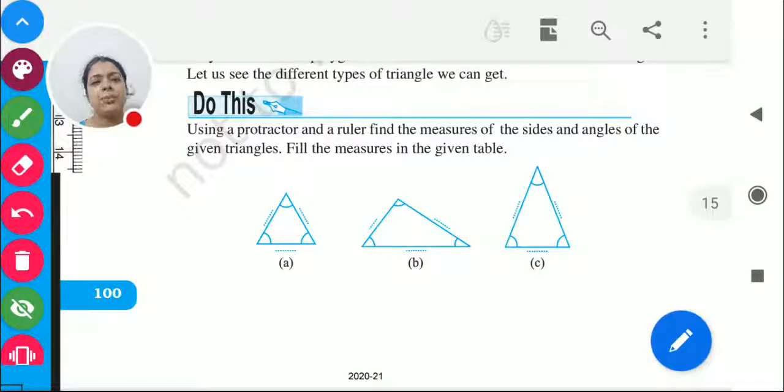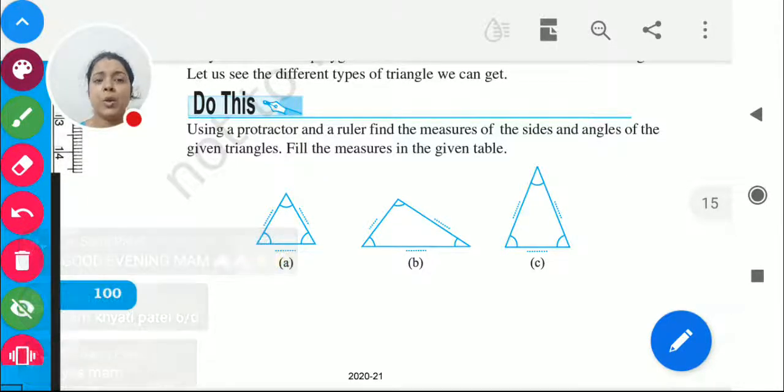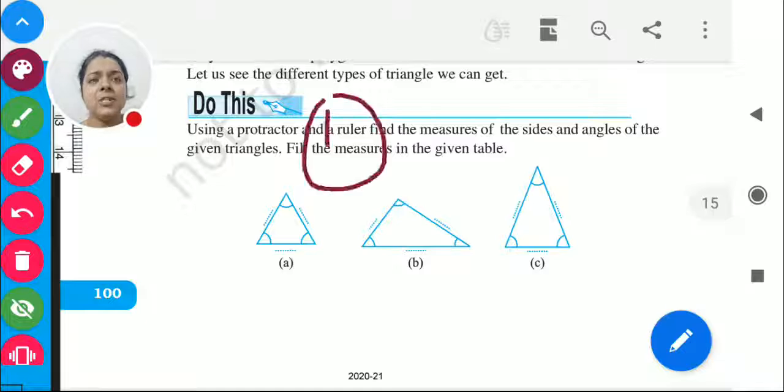As you know, a triangle has three sides, and it is made up of three sides. It has three angles, and it has three vertices. We got to know these basic things. Here I'm telling you, a triangle can be classified into different categories or different kinds on the basis of two things. What are those things? The first thing we have is